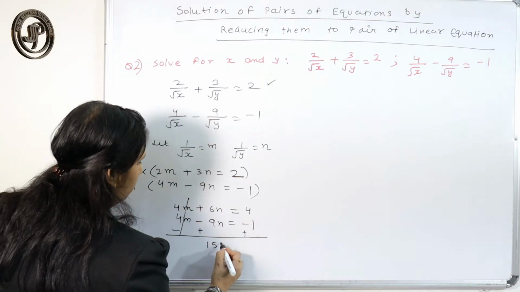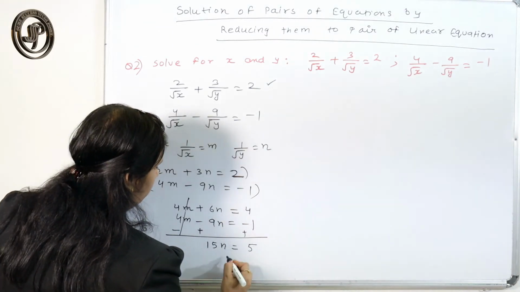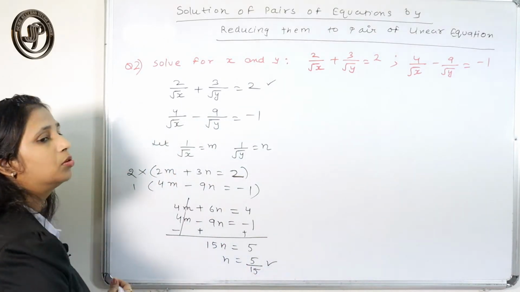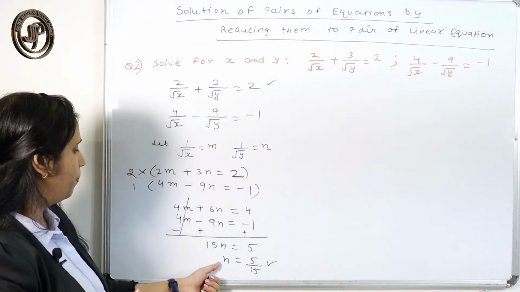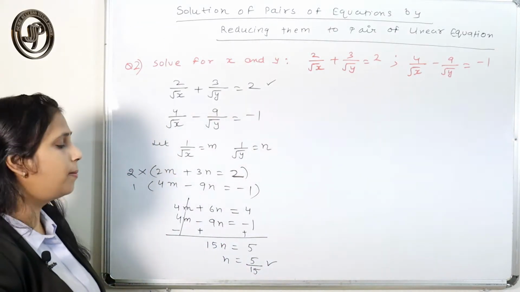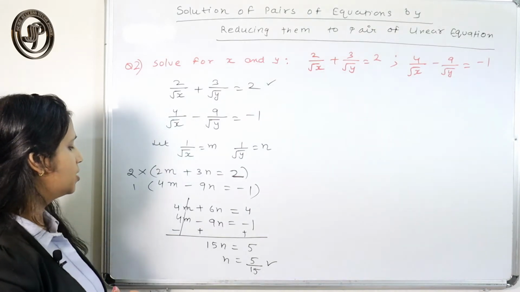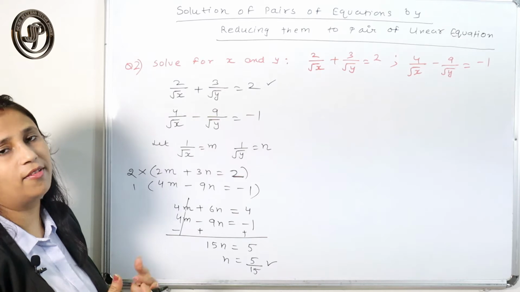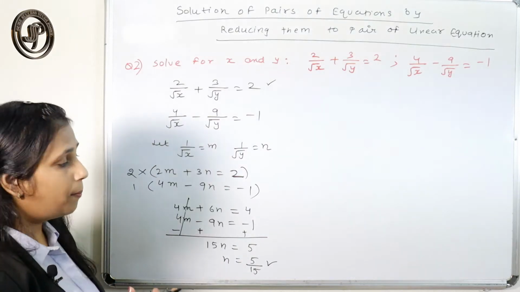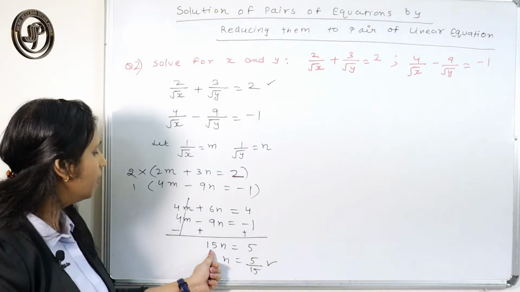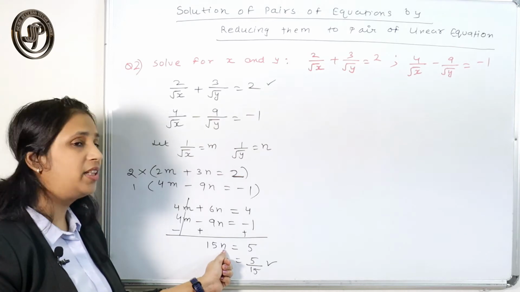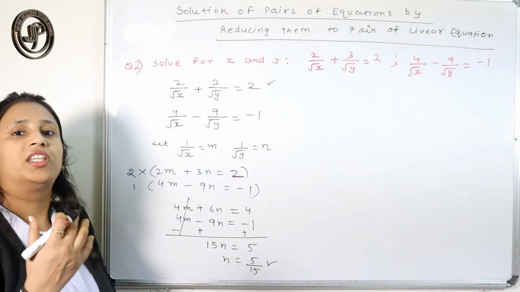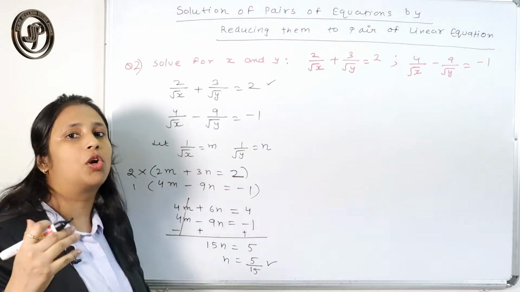Now here it is 15n is equal to 5. So n is equal to 5 by 15. Here also students make a big mistake in these steps. Generally sometimes students just write this as n is equal to 15, or 15 by 5, or n is equal to 3, but that would be incorrect, because here your 15 is with that variable. So 15 would come in the denominator, whether it is bigger or smaller.